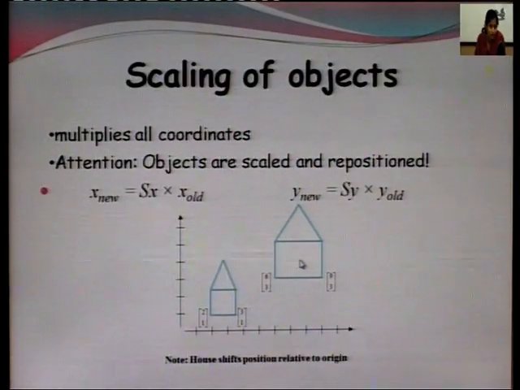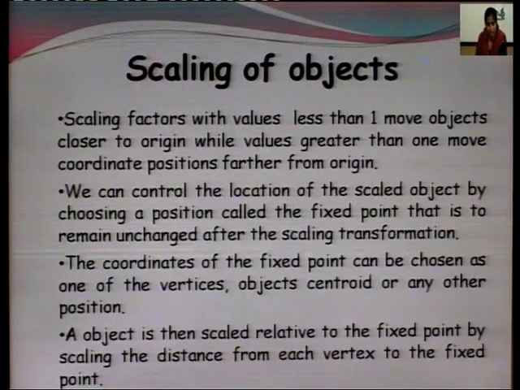This repositioning is the result of performing scaling with respect to the origin. If we perform scaling with respect to some fixed point, then repositioning will not take place. But scaling with respect to some fixed point results in a composite transformation that we will understand after understanding the basic transformations. So, objects can be